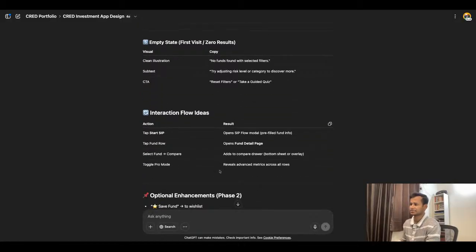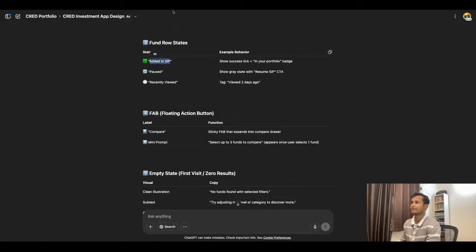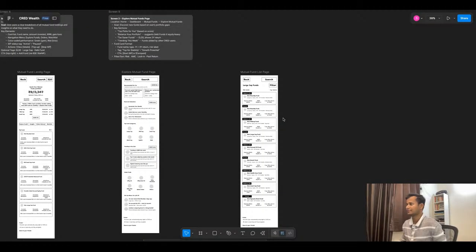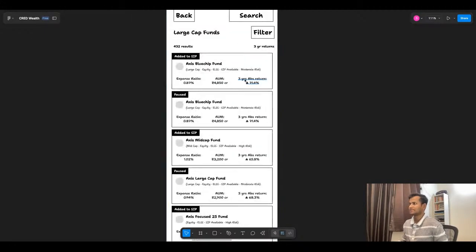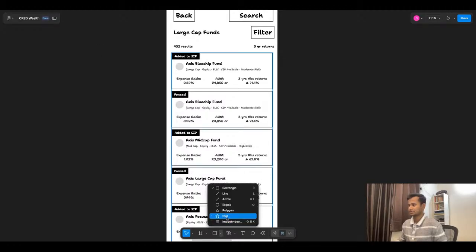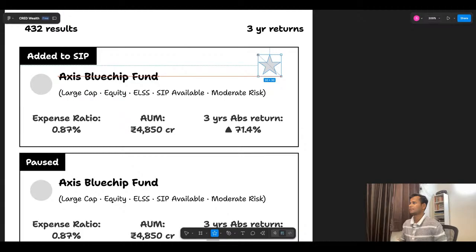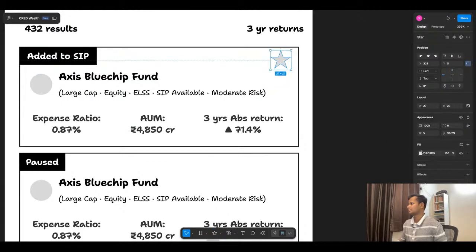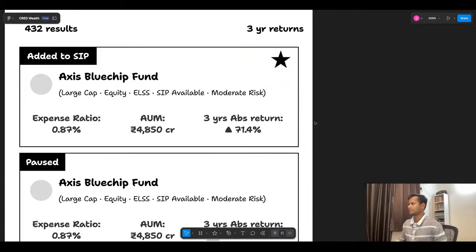Empty state, interaction flow, option, save fund. Yeah, this is one thing that we forgot, which is the save fund. Where should we put the save? On the right side. We should provide, okay, a star mark somewhere. Let's say one star mark we can add here. There is a star here. Yeah, let's add this star here